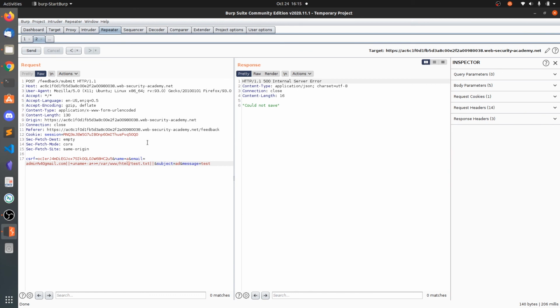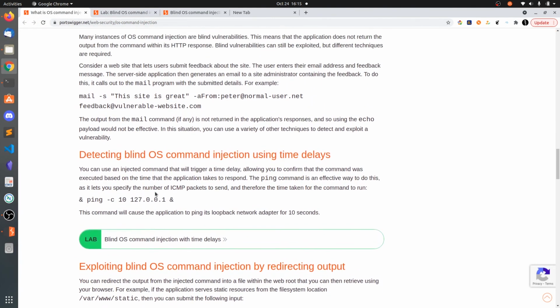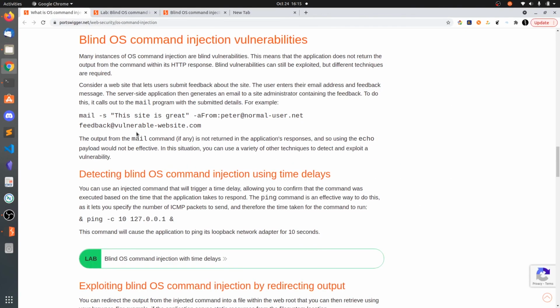So you can see it says it could not save because maybe there is no /var/www/html. So we can try on the websites. We can get pretty much the output to this test.txt. So that's all for this about the blind OS command injection using time delays and redirecting output.